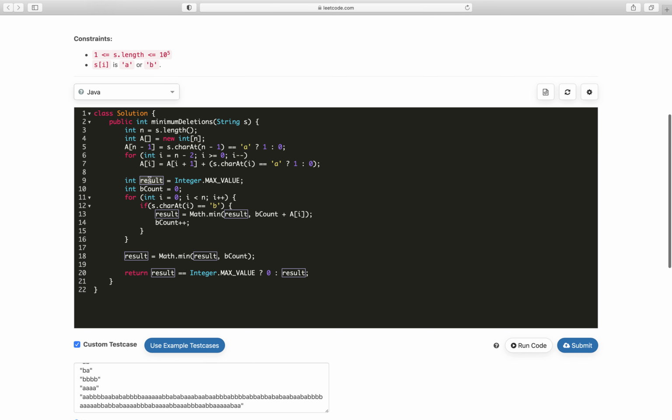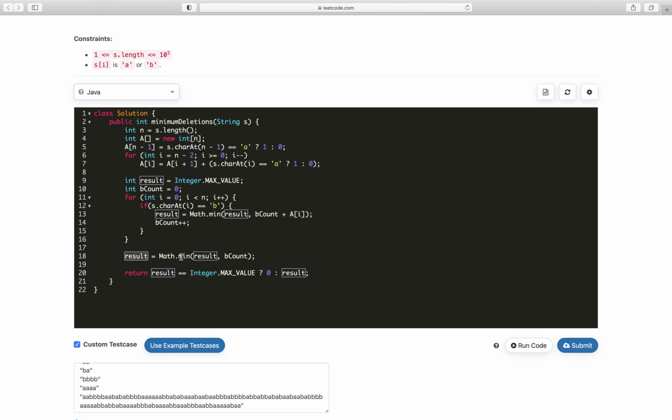Now we start a result variable, which will be our final answer, and b count, which is how many B's we have encountered till the ith index from the starting point. Now we iterate through the characters in our string, and if it is B, we update the result to the minimum of the result or the b count plus the right side A count. We continue until the string is exhausted, and every time we encounter B, we increment the b count.